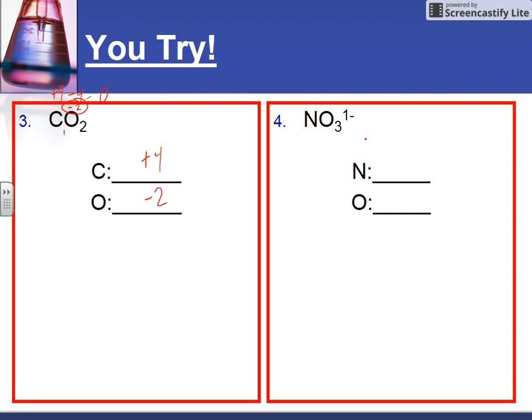Okay, nitrate. These have to add up to -1 because it's a polyatomic ion with a charge of -1. Nitrogen does not have a rule. Oxygen does. In most compounds, it's a -2. So we're going to go ahead and assign it here a -2. So 3 times a negative 2 gives you a negative 6. So what number, when added to negative 6, equals negative 1? Well, it has to be